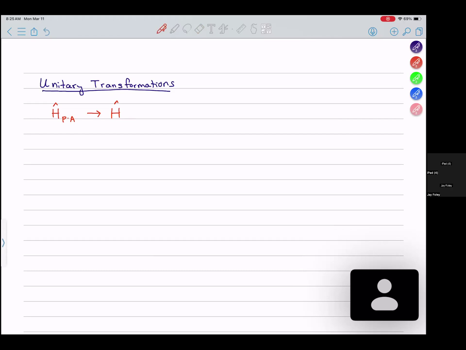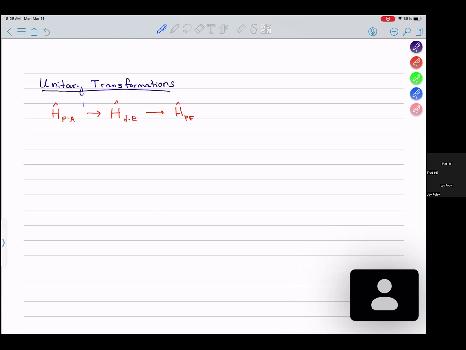I should really write is this single unitary transformation that we'll apply is going to get us from our so-called P dot A Hamiltonian to this other Hamiltonian called D dot E. There's going to be an additional unitary transformation, which is going to take us from the D dot E to the Power-Zienau-Woolley Hamiltonian. And we actually will spend a little bit less time on that second unitary transformation,